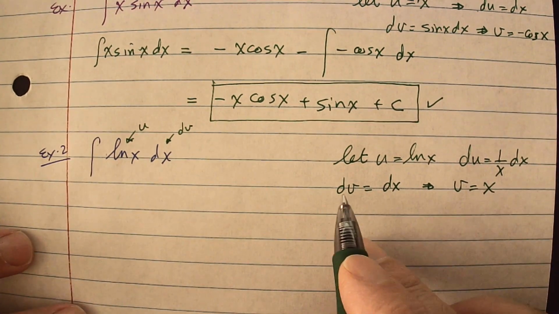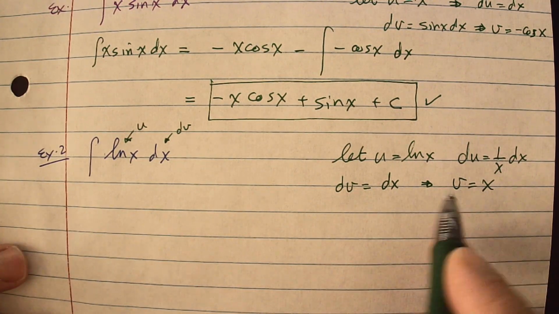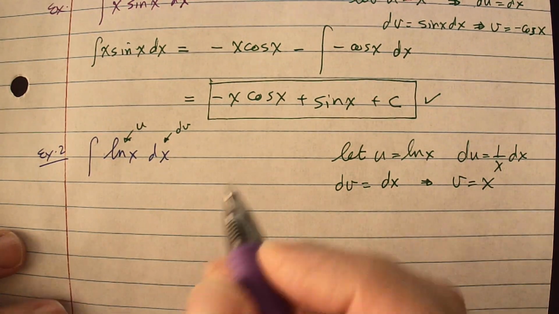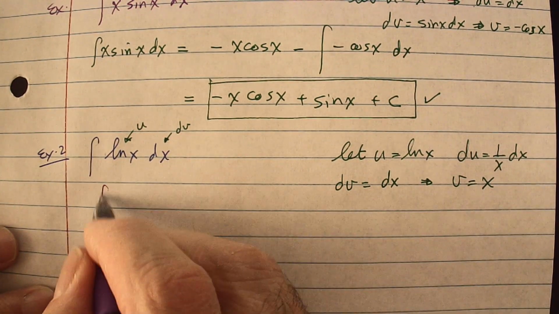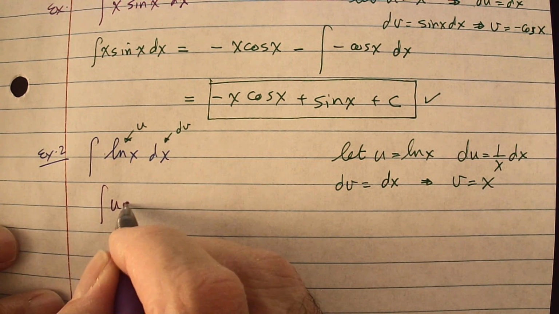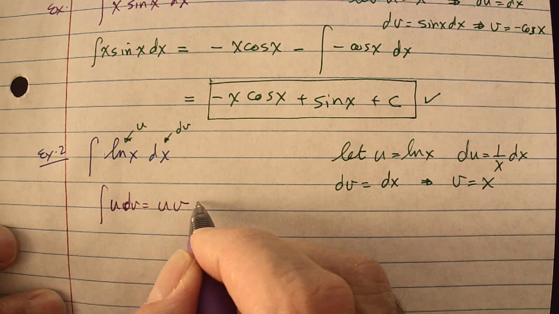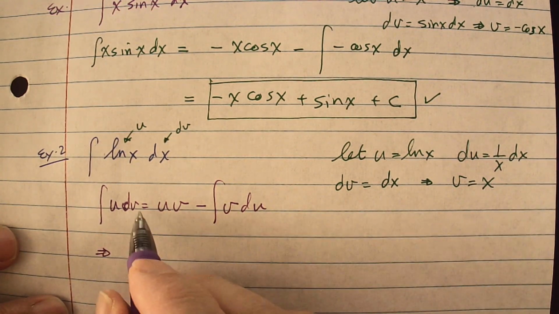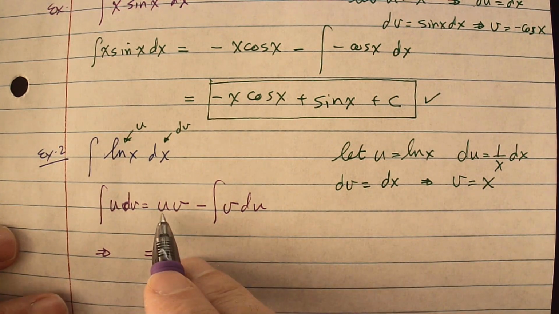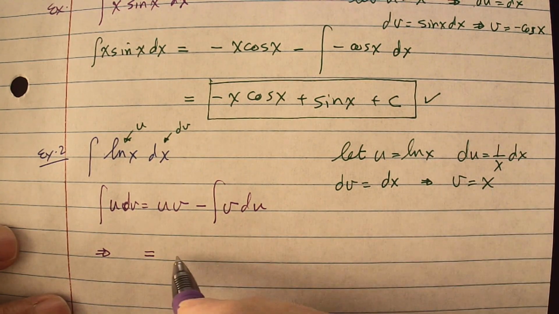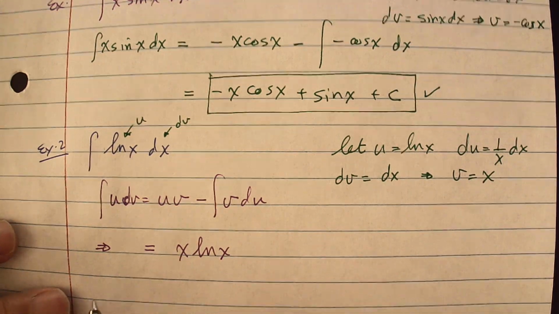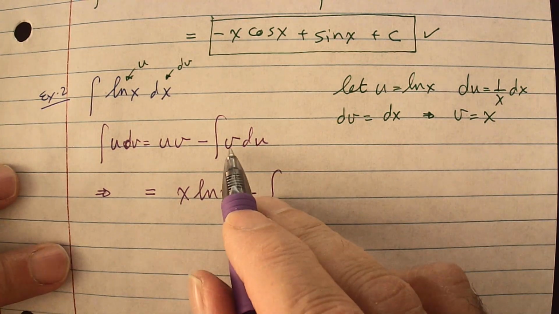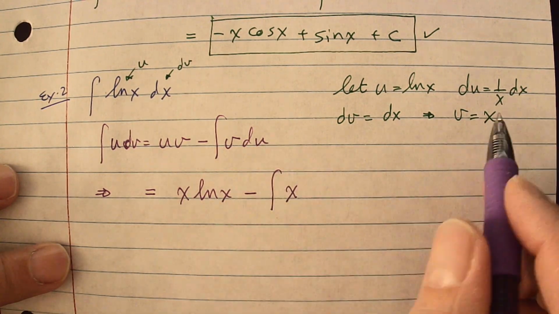dv is simply integrated to get to v, so just integrate dv, it should give me x. Now the rule is that the integral of u dv equals u times v minus the integral of v du, and therefore this integral will give me u times v, which is x ln x, minus the integral of v is x, du is 1 over x